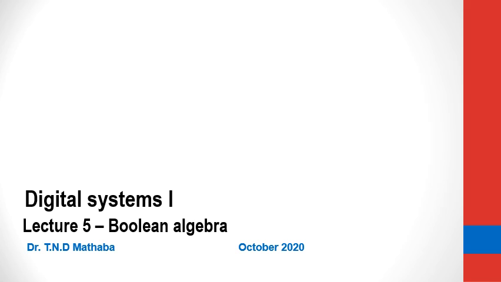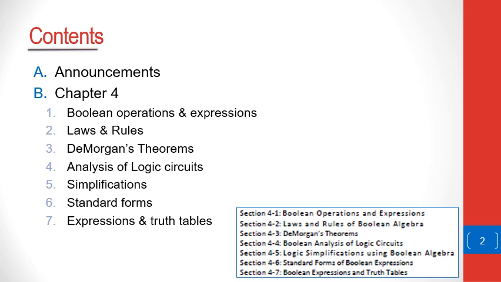So welcome back to lecture 5 of Digital Systems 1, and in lecture 5 we shall be covering Boolean algebra. Lecture 5 comes from chapter 4 of the book. In fact, it comes from the first 7 sections of chapter 4, and we'll be looking at section 4-1, which